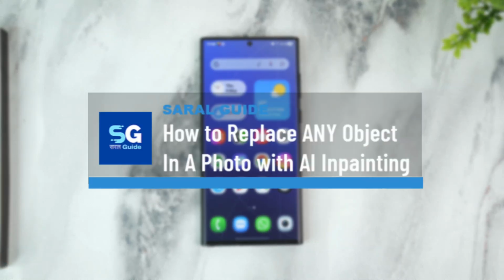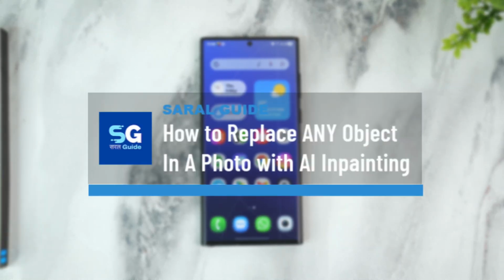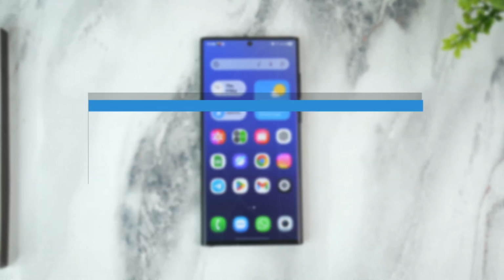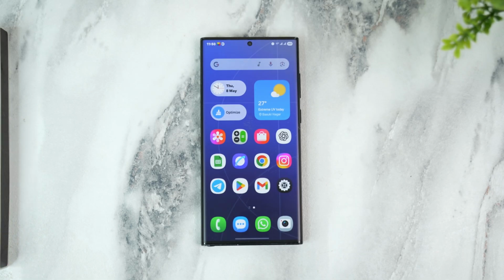How to replace any object in a photo with AI in Painting. Now, if you want to replace any object in a photo with AI in Painting, it's rather quite simple for us to do so. What we have to do is simply go ahead and open our